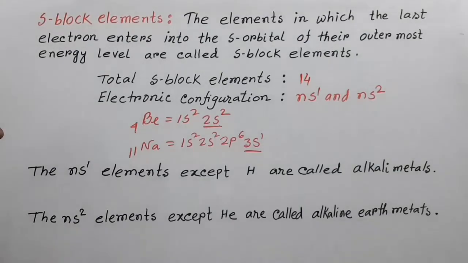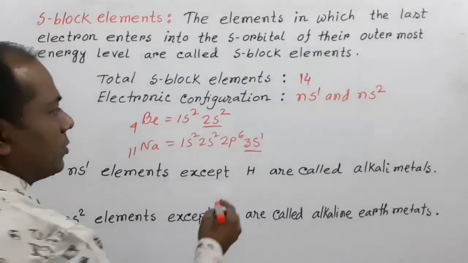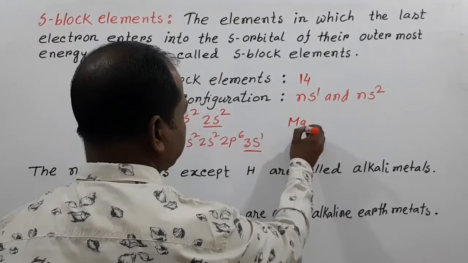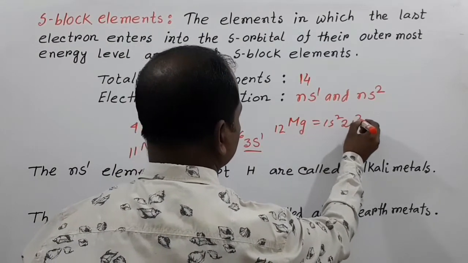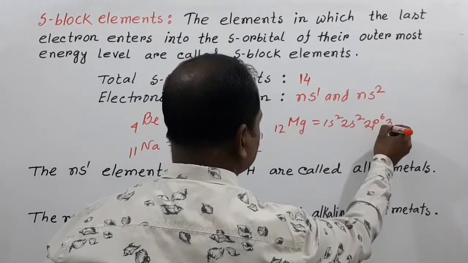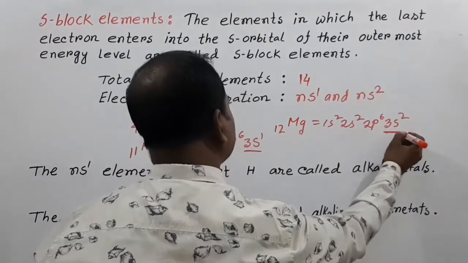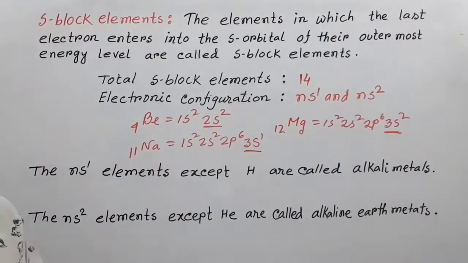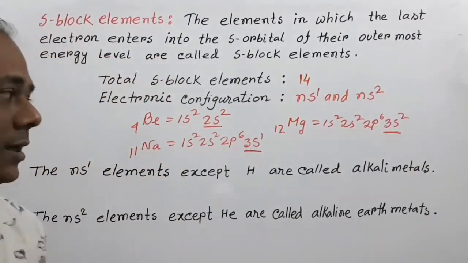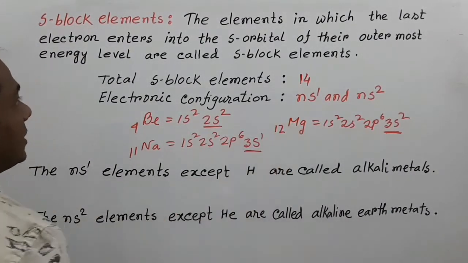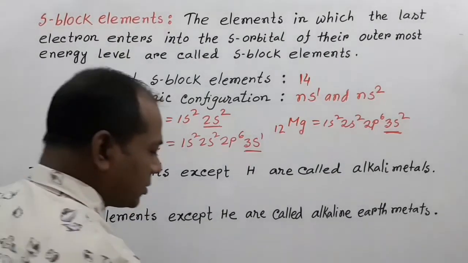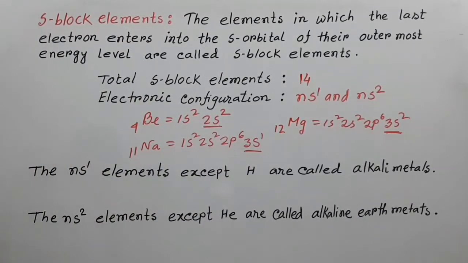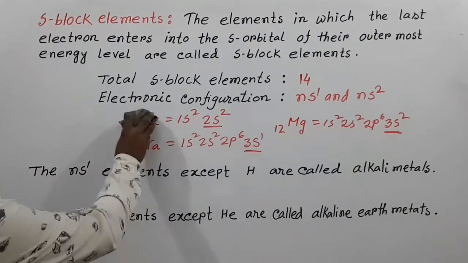For another example, we can also write here magnesium, 12: 1s2, 2s2, 2p6, 3s2. Here the last electron enters into the s orbital, and that's why magnesium is an s block element, and similarly beryllium and sodium are also s block elements. So now we can say that in a periodic table,